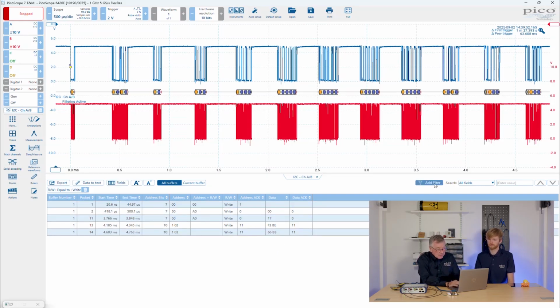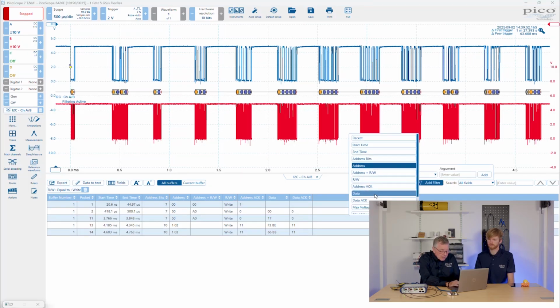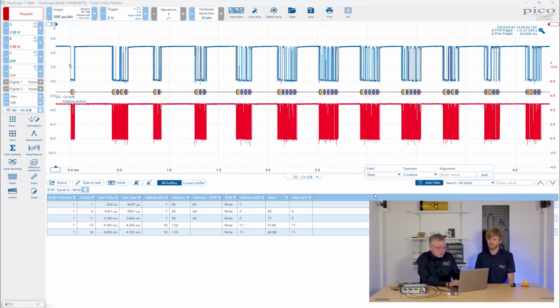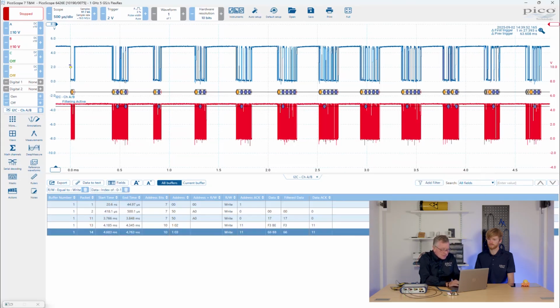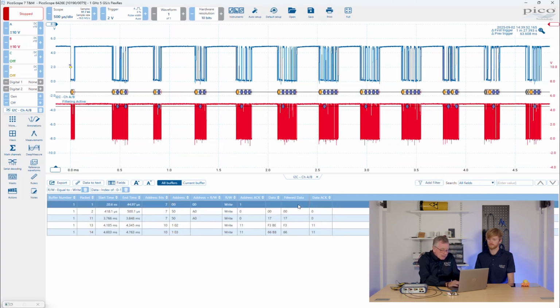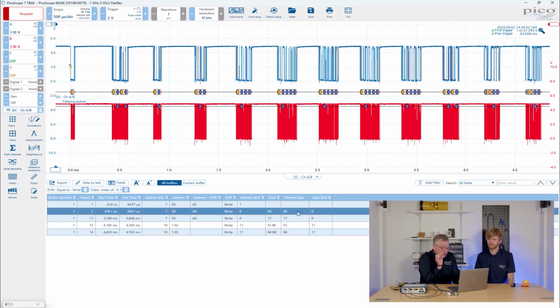So I'll add another filter, and in this case I'll say that I want it to be on the data content in the packet, and I want to have a look at the index, and I want to look at the first 2 columns of data. So 0 to 1, add the filter,